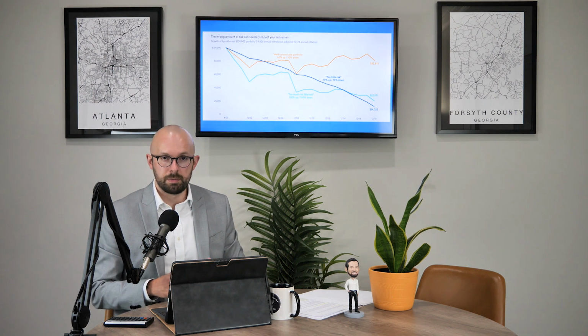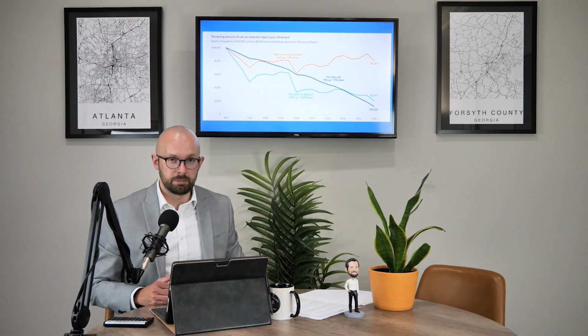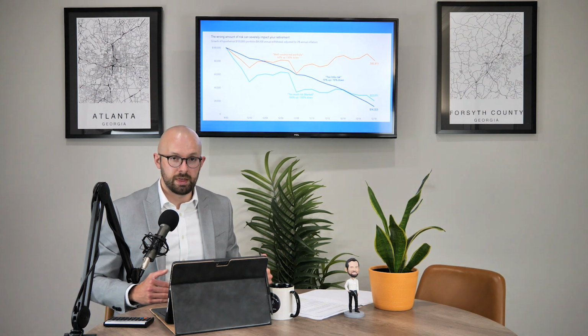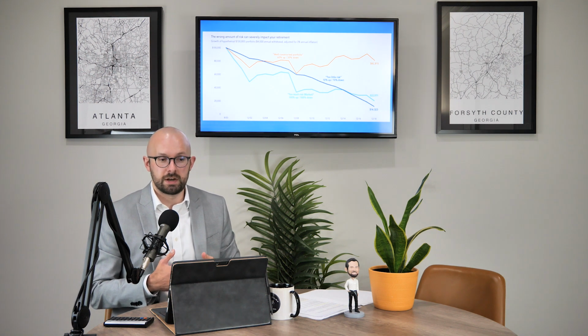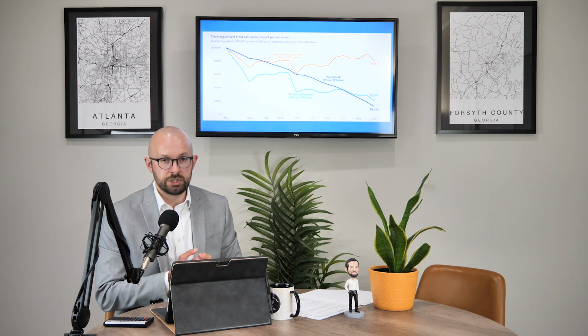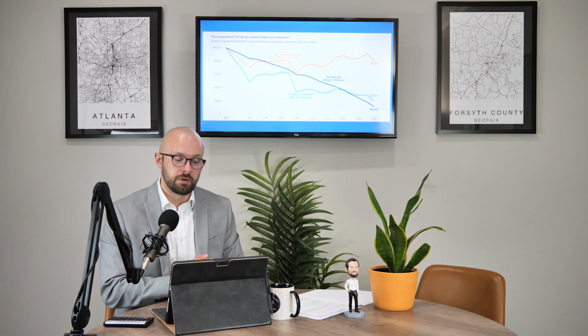401k, account type. How is that asset allocation going to be built? How are you going to diversify that to protect yourself? And then how do you maintain that? And how does it need to change every single year? It might not change year to year, but it will slowly change over time.